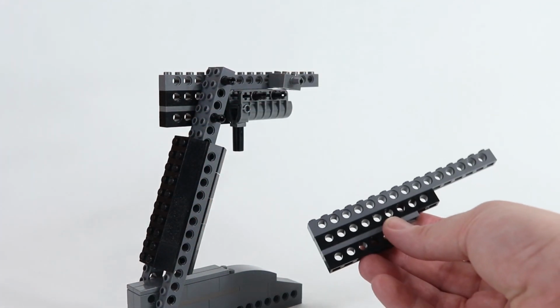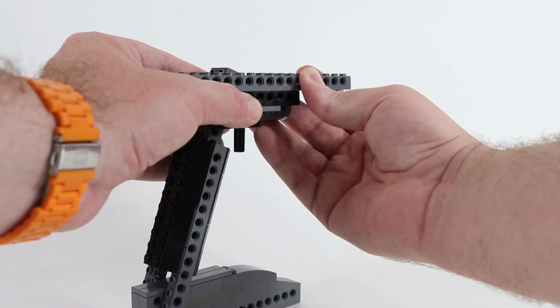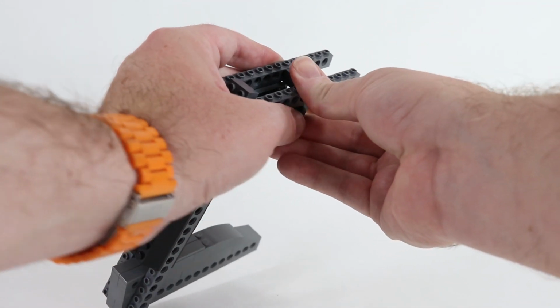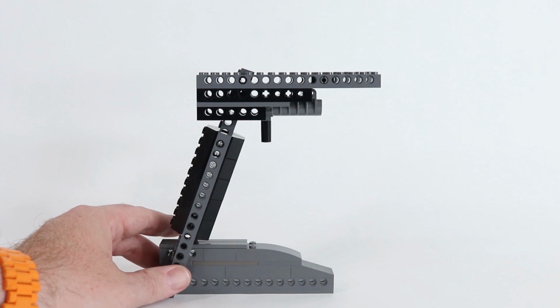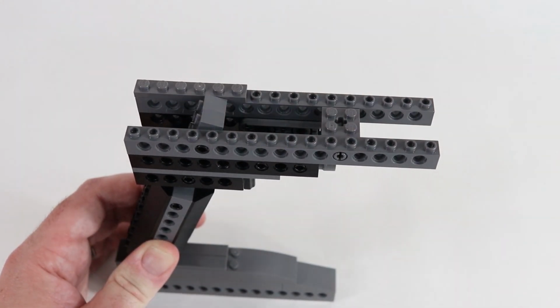Now we're going to build another of this side assembly. It's exactly like the one we built before. Snap that on. There's a few pins here to get lined up, so be patient with yourself. There we go. And we're going to finish it off on the top with some plates. We'll put the 1x6 plates back here,